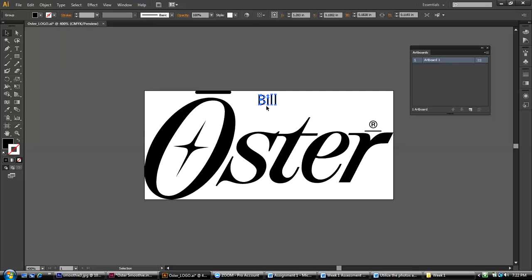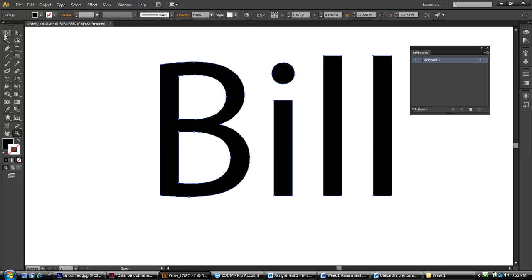Literally, that underscore went away, and this is no longer live text. It looks the same as it did when I started, but now these are individual little vector shapes, and when I zoom in and look at this really closely, it looks very much like the Oster logo. You've got the line segments and the anchor points. Okay? Now, when you send files to me, it's usually a pretty good idea to turn them into outlines like this,